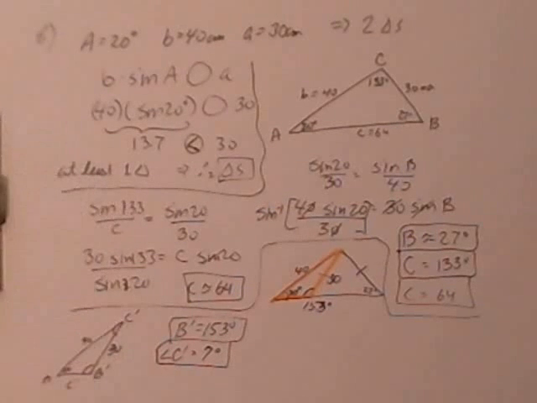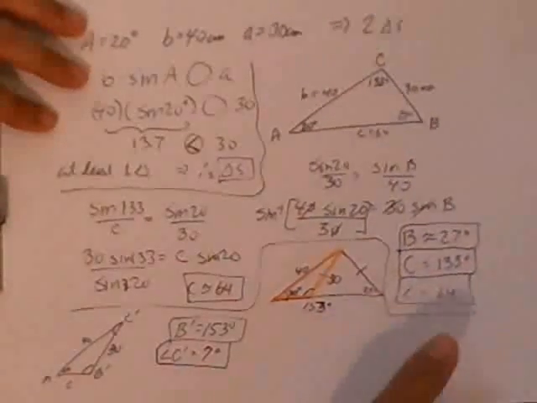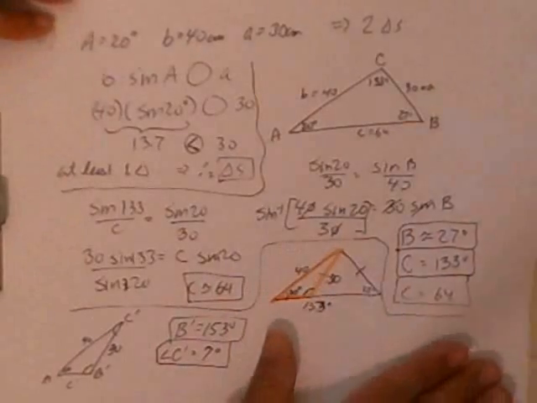To do that, you can use the law of sines to figure out what that is. Okay? So we found out two triangles. In this case, that's what's called the ambiguous case. Next one,